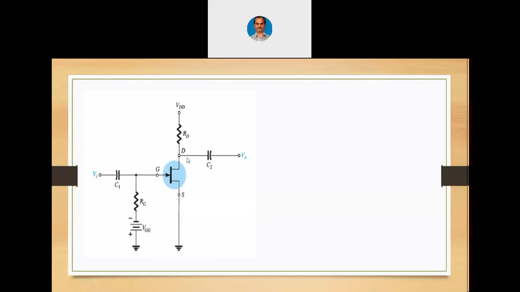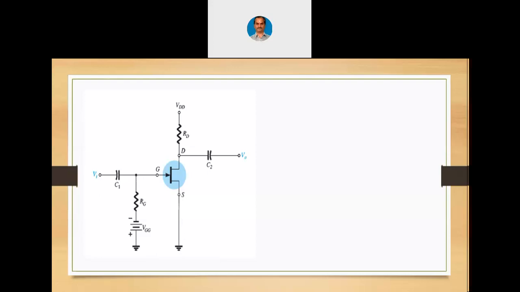For the N-channel JFET, always the drain is connected to positive supply. And we have a drain resistance there. Naturally, we need a drain resistance there. Otherwise, when the switch turns on, supply voltage would get connected to ground. You are already familiar with this usage of RD. In BJT, we used RC, collector resistance. In JFET, we use RD, drain resistance. Now you are already familiar with this C1 and C2. C1 is called the blocking capacitor. C2 is called the coupling capacitor. Both are going to permit only the passage of the AC, and DC will be prevented through the capacitors.